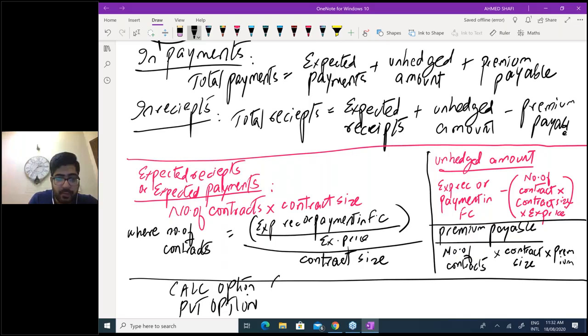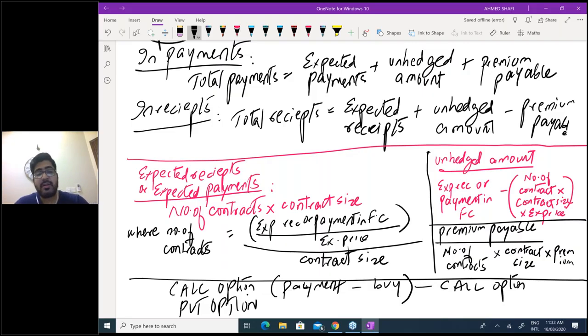When you are doing a payment to someone, let's suppose I have to pay £1,000 to someone, I have to go and buy currency from a bank or money changer. So buying means call option. Many people learn that in payment we use a call option, correct? In payment you need to buy currency, and buying means call option. But whenever it's a receipt case, you are receiving money.